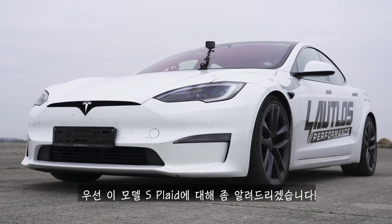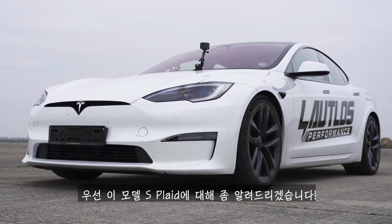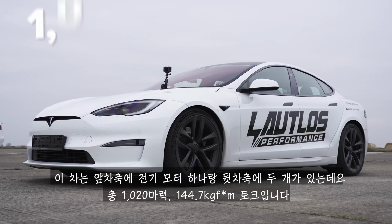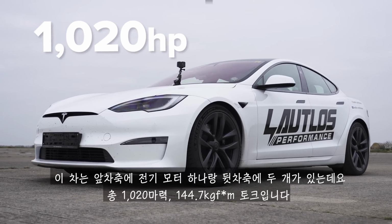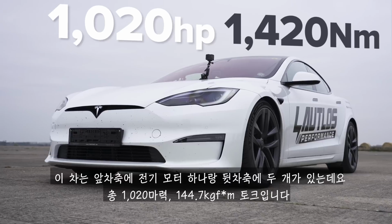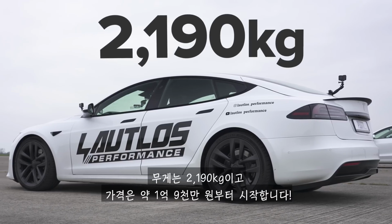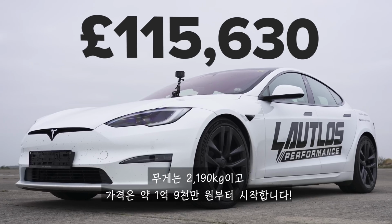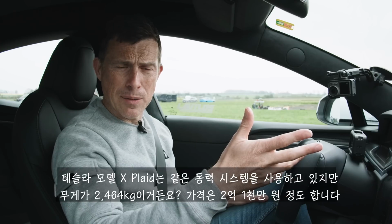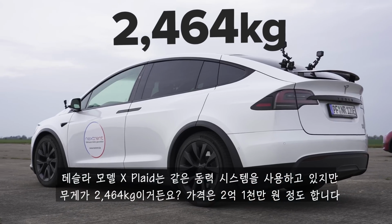So, let me tell you about this Tesla Model S Plaid. It has one electric motor on the front axle, two on the rear, and combined you have 1,020 horsepower and 1,420 newton meters of torque. It weighs in at 2.2 tons and it starts from £116,000. The Tesla Model X Plaid has the same propulsion system. However, it weighs 2.5 tons and costs